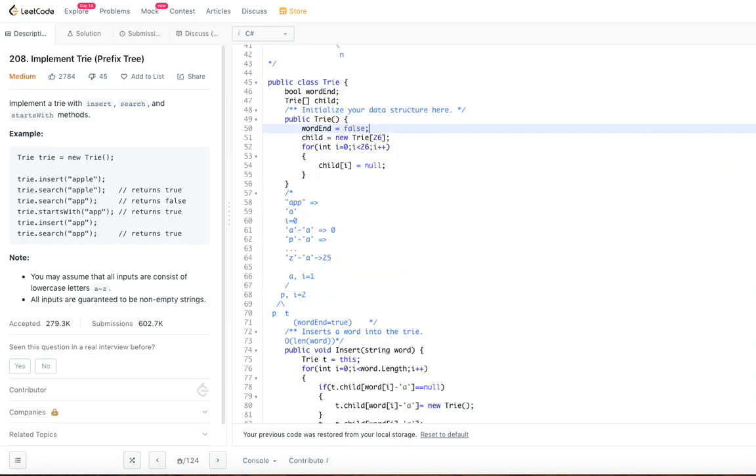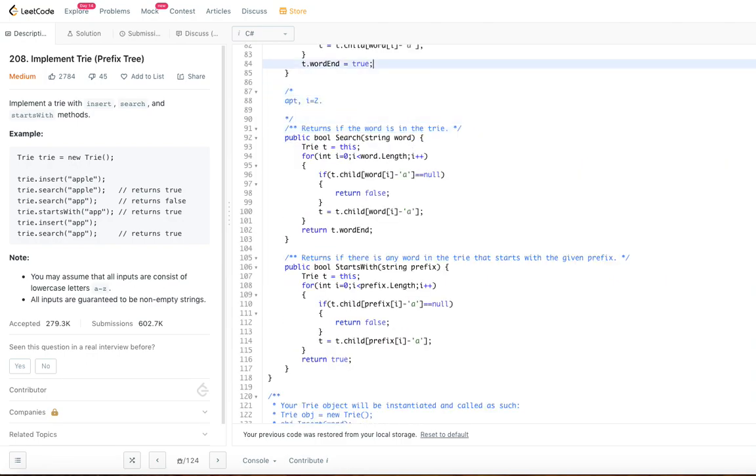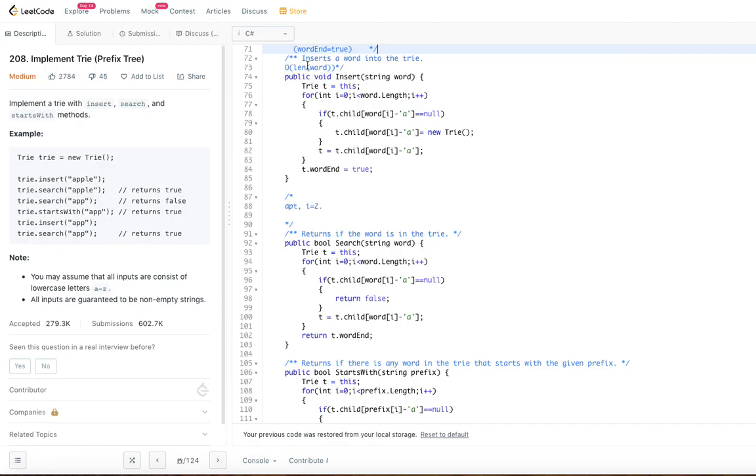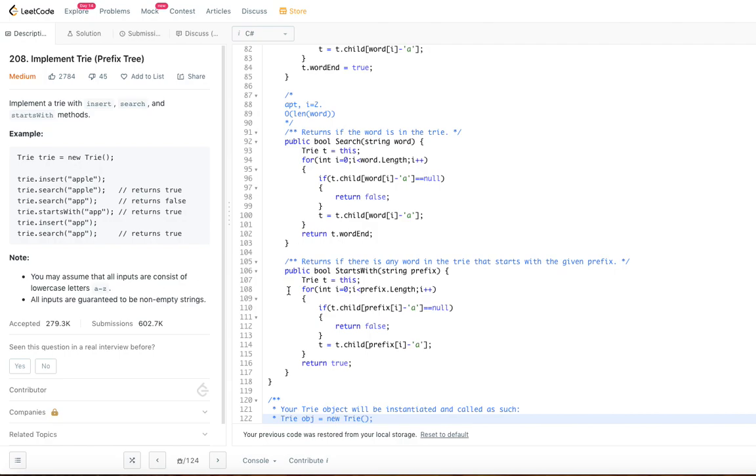Now with the trie data structure, we have improved a lot, right? The insert will take only order of length of the word. And search will also be very similar. So search is also order of the length of the word. Let me put that in here. The time complexity is order of the length of the word. And prefix, similar, right? So prefix is also order of the length of the prefix. Even though the parameter name is word here, but it is prefix here, so it will be order of the length of the prefix. Let me write that down.